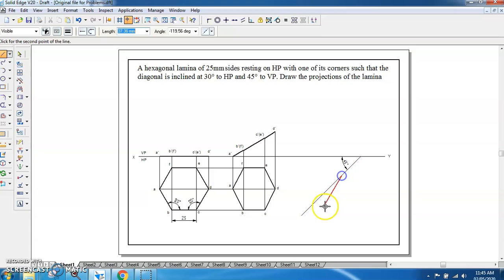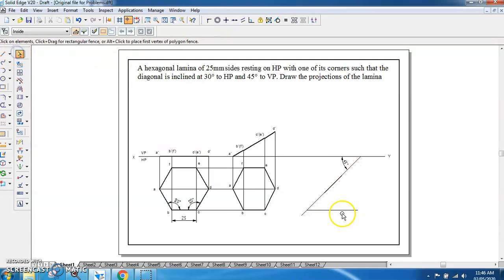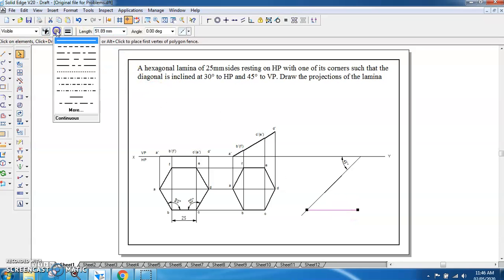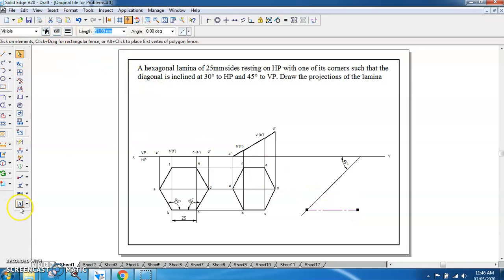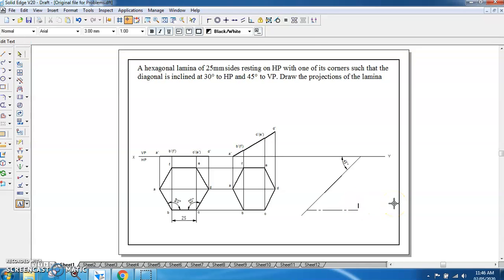From this point we will be drawing a line of length 50. Enter. Angle will be 45. So from here you can have this locus line. This line will be of chain type and will be called the locus of A.